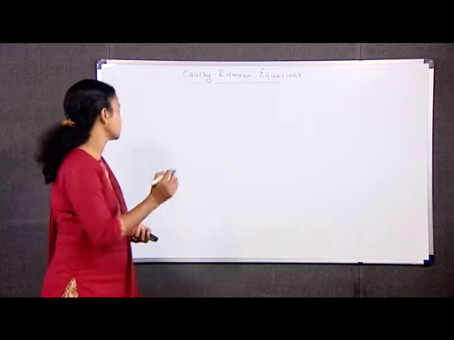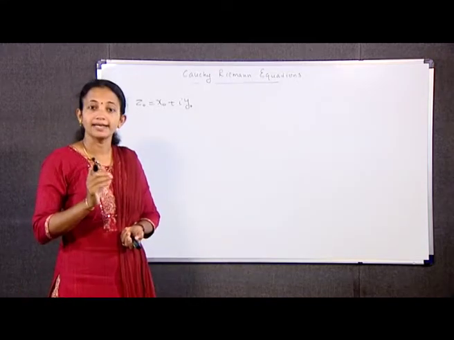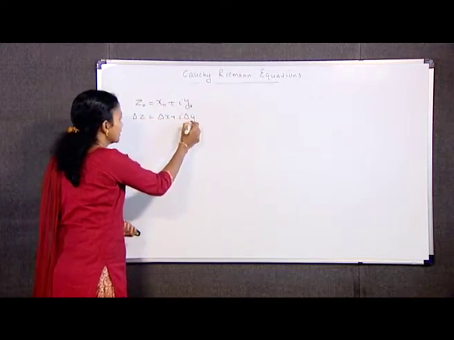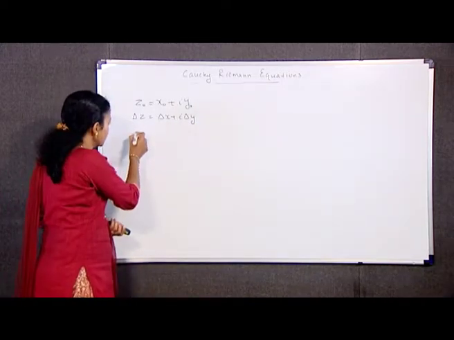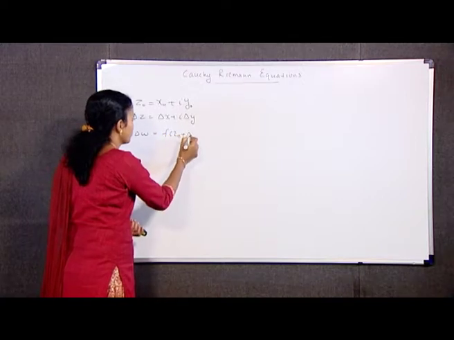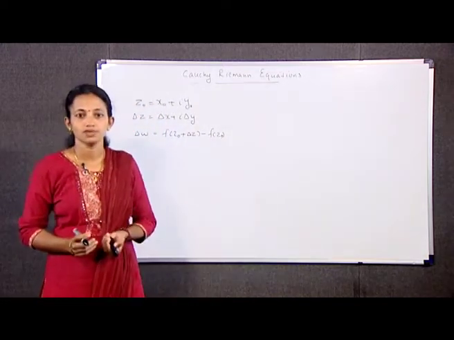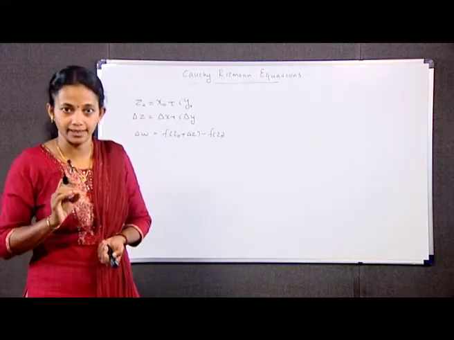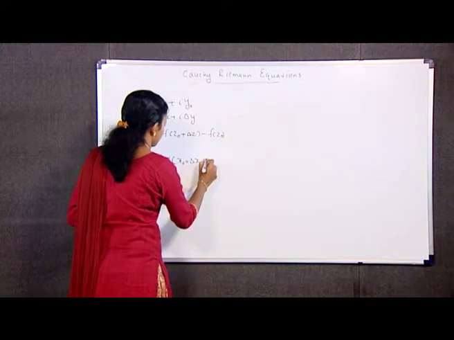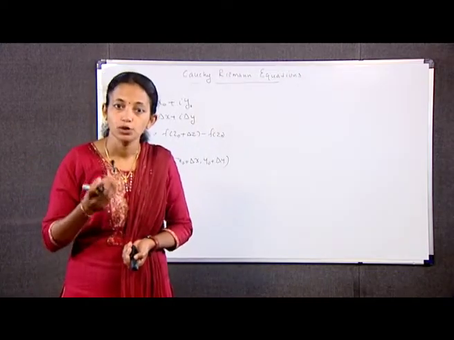We write z0 = x0 + i y0 and delta z = delta x + i delta y, and of course delta w = f(z0 + delta z) - f(z0), which is equal to u(x0 + delta x, y0 + delta y) - u(x0, y0)